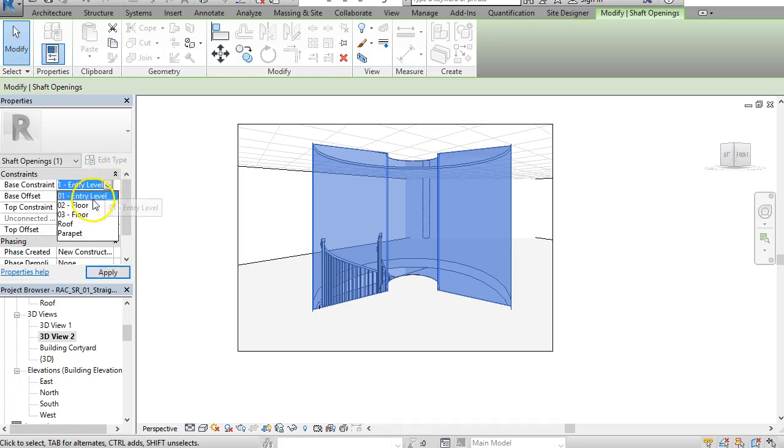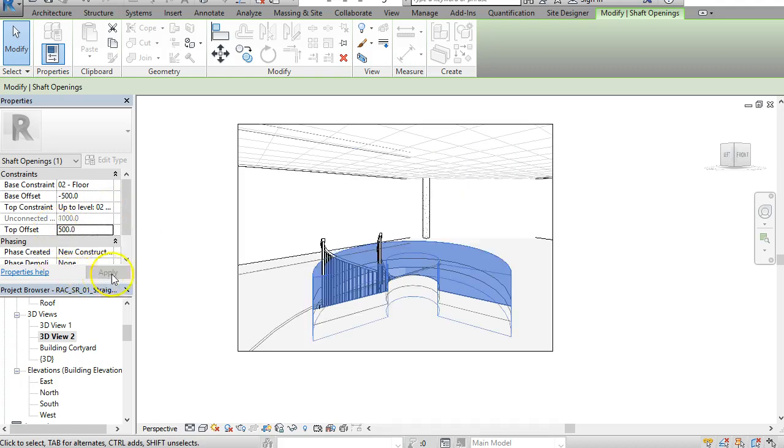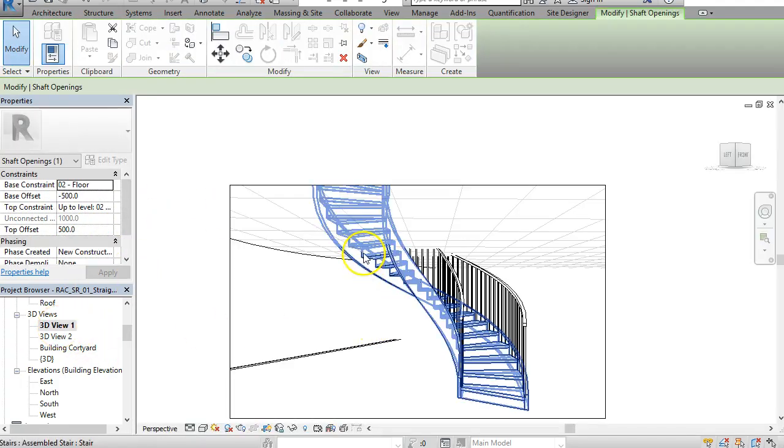Well, I'm going to attach it to my floor number 2, and I'm going to tell the computer to put it -500. So it's basically going to start 500 mil below floor number 2. My top constraint is also going to be floor number 2, and I'm going to put the top offset in as +500. And when I click apply, you can see what's happened now. The shaft is projecting above floor number 2 by 500, and if I go back to my ground floor 3D plan,